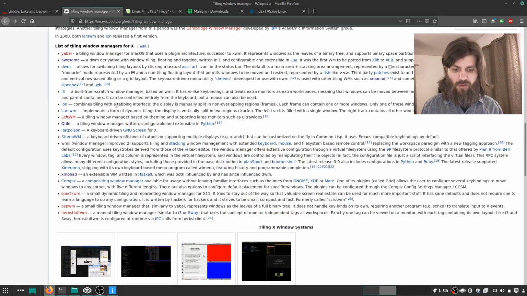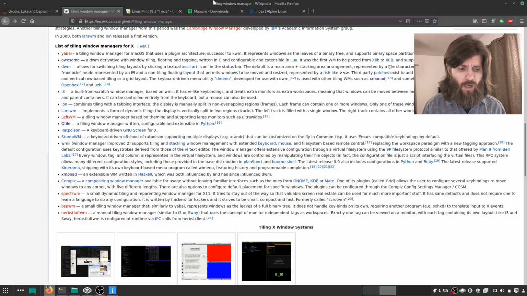I also link to just a description of what tiling window managers are. And as you can see, there's a whole bunch of them. Awesome, DWM, I guess OpenBox looks like it's mentioned there. i3, doesn't look like it is. bspwm, a small tiling manager. So there's a number of different options here, but because there's some tutorials that Brodie has given and also it's mentioned in Luke's videos, I think I'm going to follow along with them and try